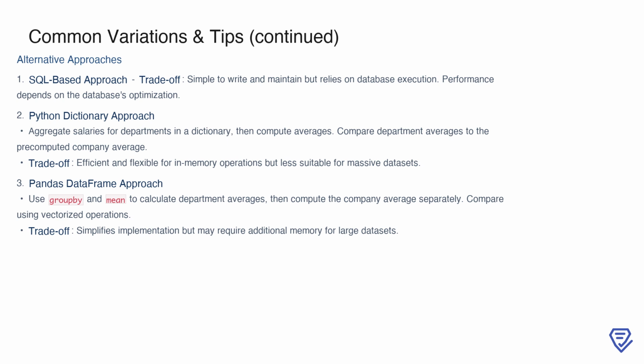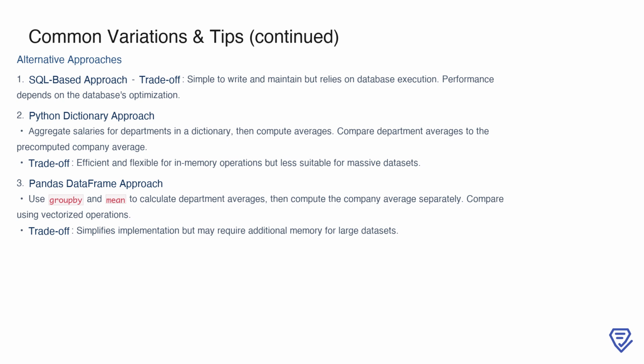A Python dictionary-based approach is another option. In this method, you can aggregate salaries for each department into a dictionary, calculate department averages, and compare them to the pre-computed company average. This approach is efficient and works well for in-memory operations, but it may not scale effectively